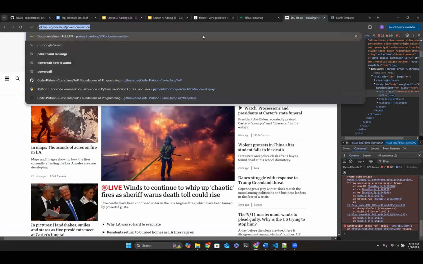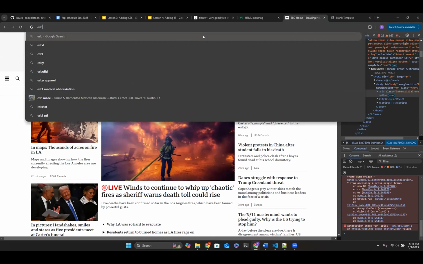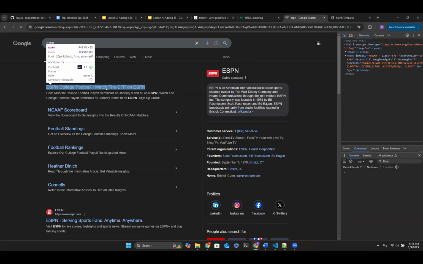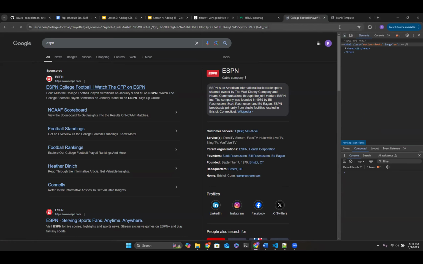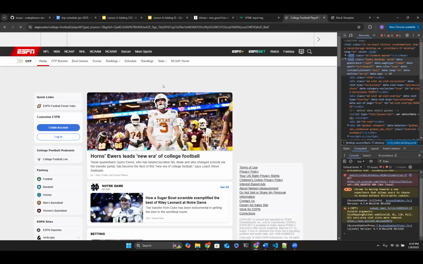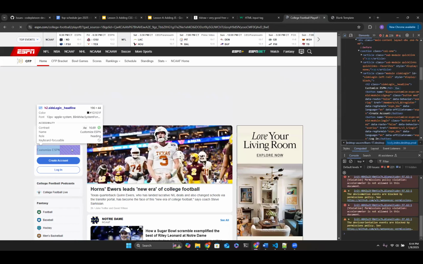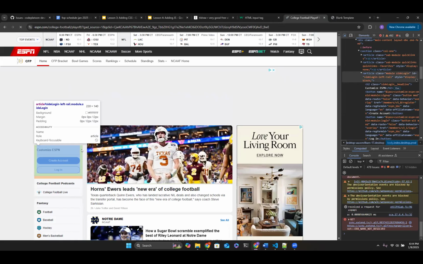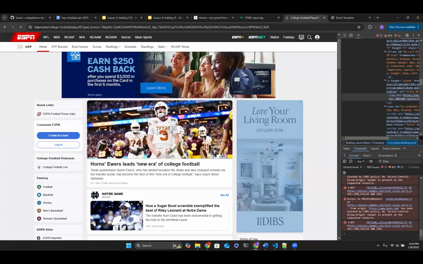We could check another website. You could do ESPN. That's a good one. Let's check out ESPN, and it's going to be the exact same thing. Boxes upon boxes upon boxes. It loads up, and we can use the element tool again. Even though these have rounded corners, it's still a box when you look at the nitty-gritty of it all. All these are boxes.